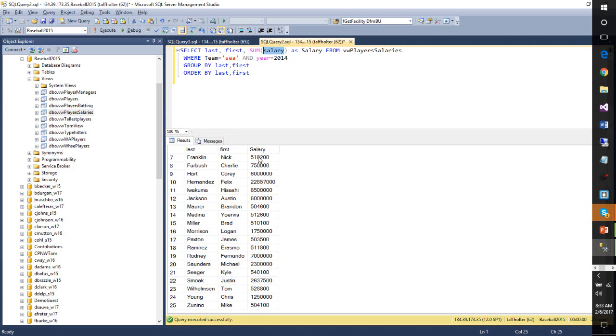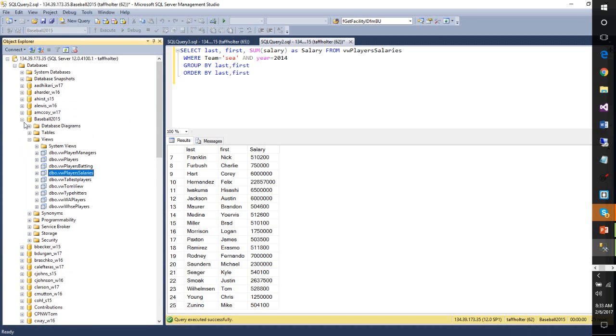If I did an average right now, I'm still going to get the same number back because it's just grabbing a single year. So the average of 510,200 is 510,200. That's also the minimum. It's also the maximum within this particular list the way it is set up. So let me back up a little bit and let's take a look at